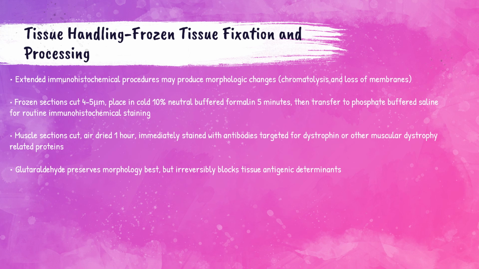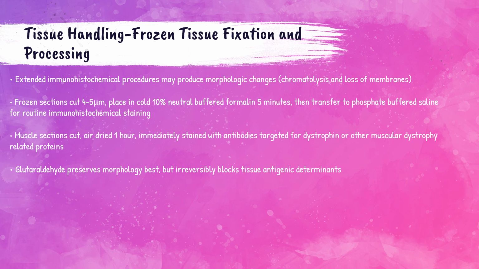For frozen sections that are going to undergo routine immunohistochemical staining, they should be cut at 4 to 5 microns and then placed in 10% neutral buffered formalin for 5 minutes. After that 5-minute period, they should be transferred to phosphate buffered saline. If doing muscle tissue sections, they should be cut and air dried for an hour, then immediately stained with antibodies targeted for dystrophin or other muscular dystrophy-related proteins. As a note, glutaraldehyde preserves the morphology the best, but it irreversibly blocks antigenic tissue determinants, so it's not